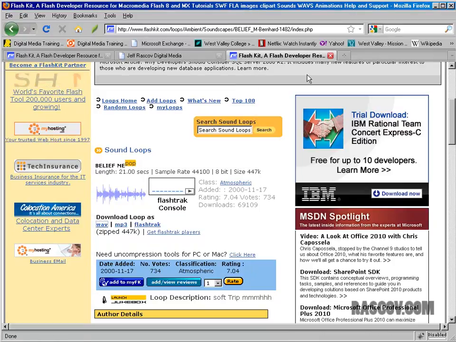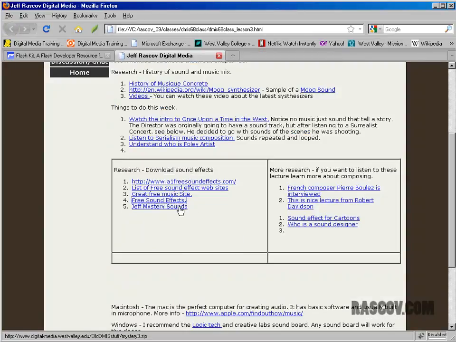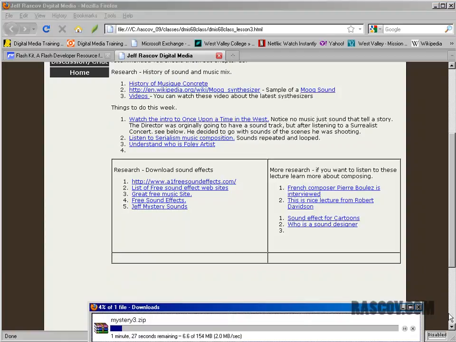So those are some ways, and I recommend you download several different sounds and listen to them. Now, I do have one mystery sound I want you to download, which is from one of my websites. I was able to upload it before Comcast got so evil that I can't even upload one file to my server anymore. I do have a whole CD of sound effects that I was planning on putting there for you to download, but I just can't get it on the server right this moment. I'll have to do it Monday when I go somewhere else. This one, though, should work.